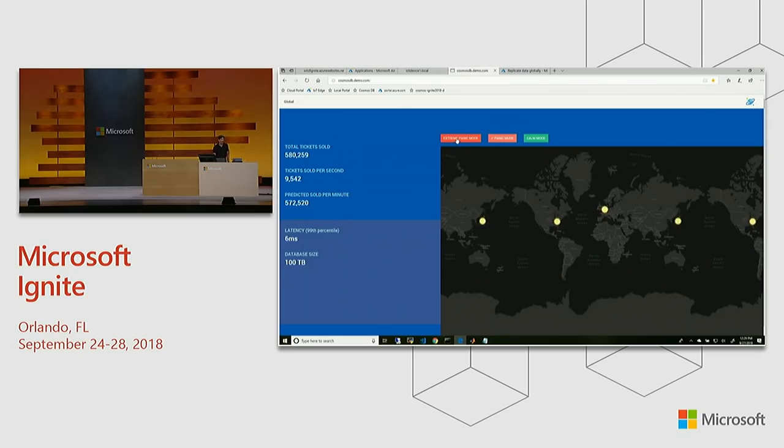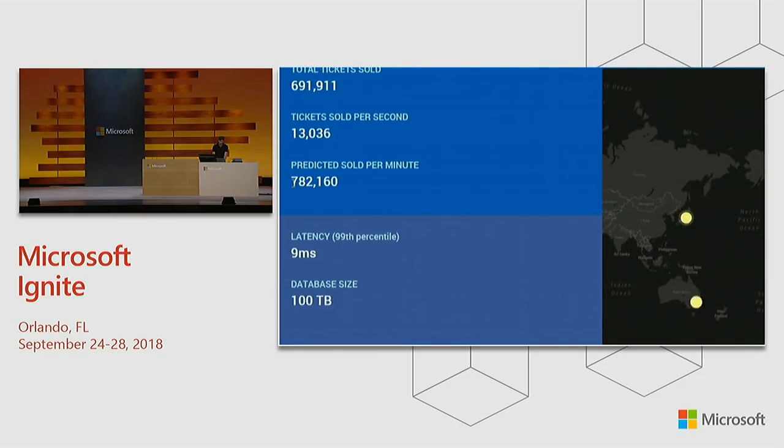We're going to go into extreme panic mode because it's been announced that Scott Guthrie is going to be at this event. And so now ticket sales are going crazy. We're going to scale out now to 20 regions. And we're going to support, as you can see this scaling up here, 782,000 tickets per minute, 1 million tickets per minute, across 20 writes going from 20 regions, multi-master write capability,